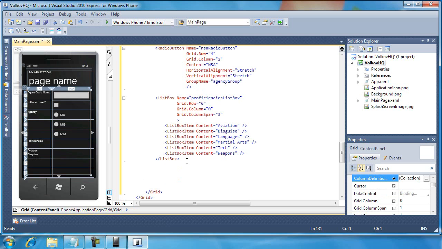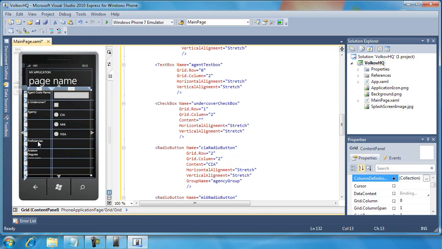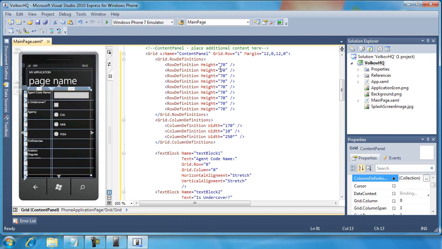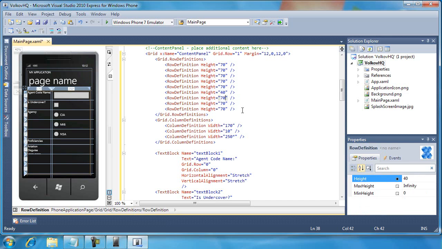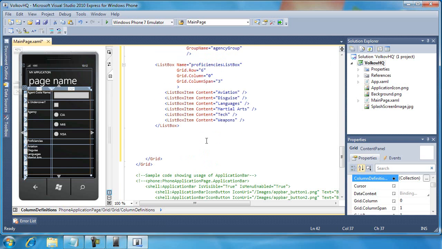All right, and so I think what I want to do now, you can see this row really takes up too much room. It's fine whenever you have a control in it because the controls are a little bit larger, but when you have just a text block, having a full-size row doesn't make a lot of sense. So I'm going to try and find 0, 1, 2, 3, 4, 5. I'm going to set this down to like 40. Yeah, that's right. And then I'm going to set this one to take up a little bit more space, set that to 100, and so that should be closer to what we want. All right, and then finally,